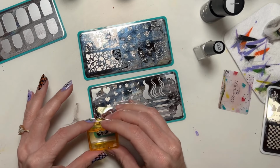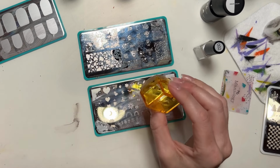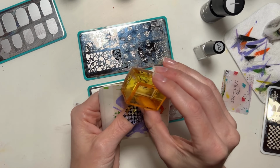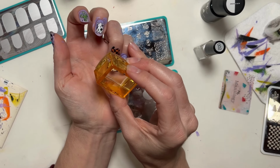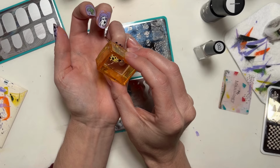Who knew? Miscalculated. Oh my gosh, it worked. Okay. I'm having a lot of bad luck with that M319 plate. Makes me want to start over this whole video. Like, man. Okay, wow, this looks crazy. I love it. Oh yeah, I should have used that